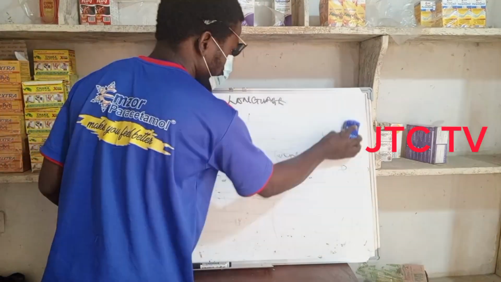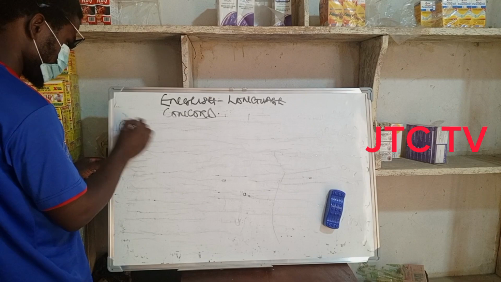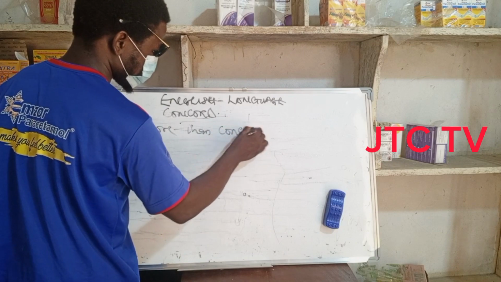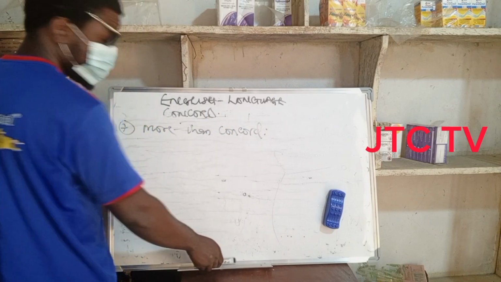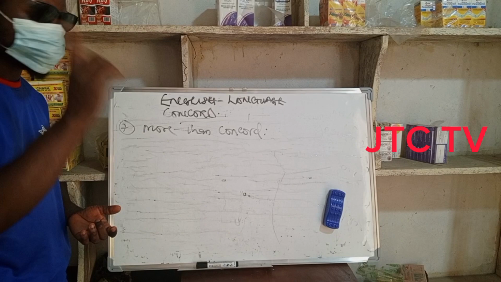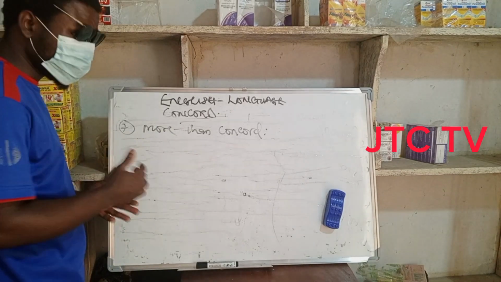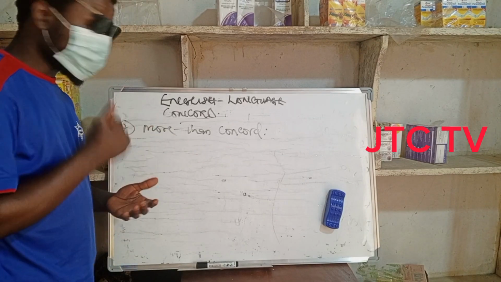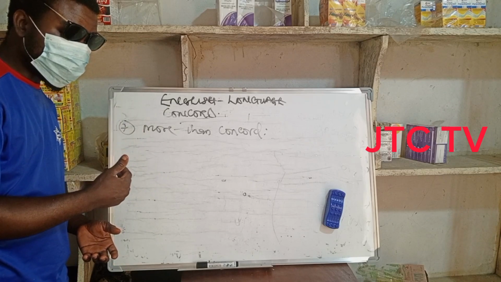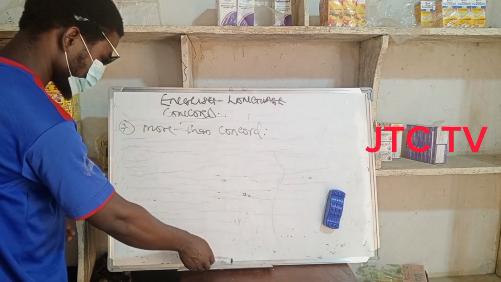So the next one we are going to look into is more than concord. We all know that more than simply refers to what? Two and above. If it is just one, this word is not supposed to be used. So having known this, more than concord, the rule states that whenever more than is being used in a sentence, the number or the word that comes after it determines the verb to be used. For example,